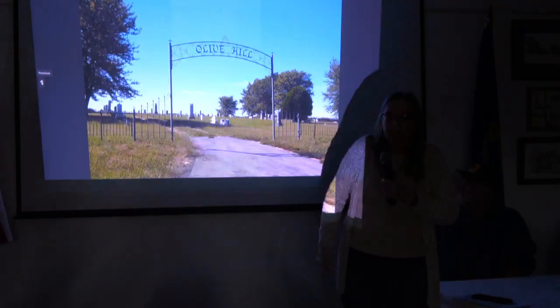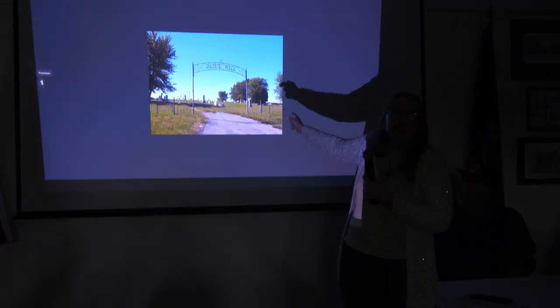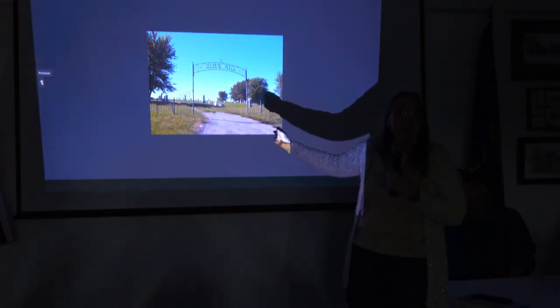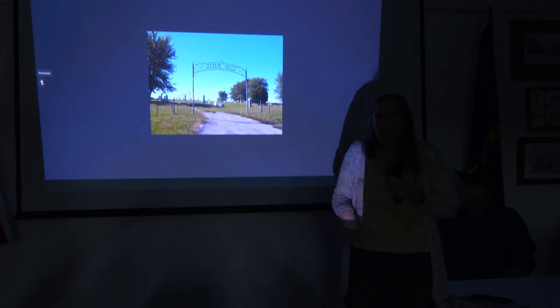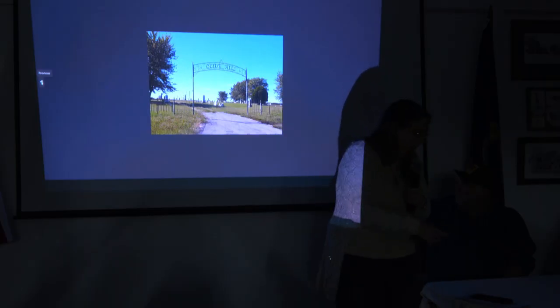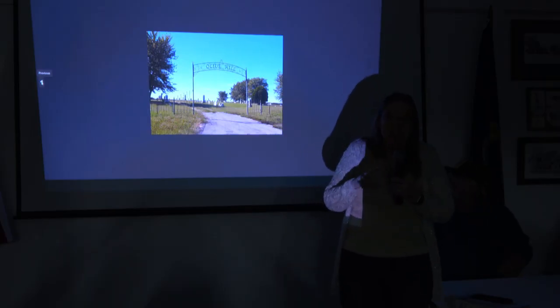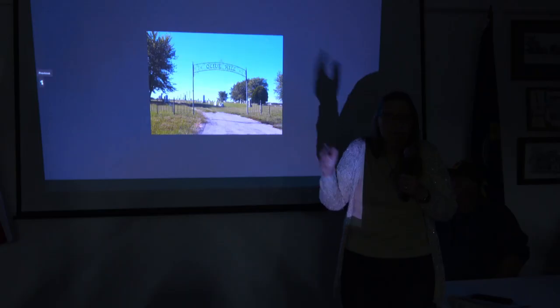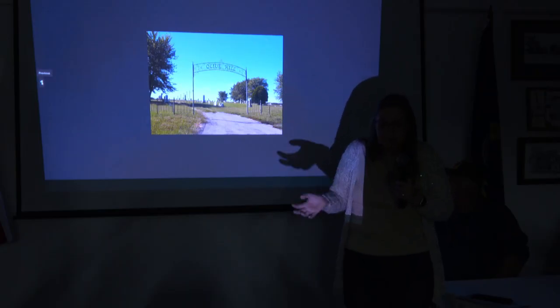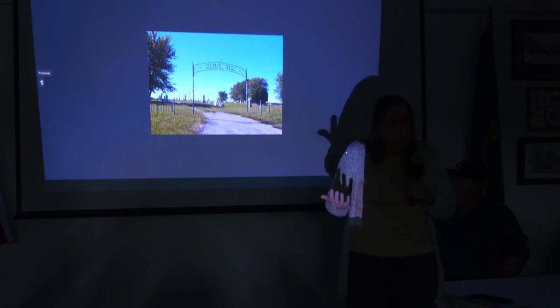I was at the Olive Hill Cemetery. So I was at the wrong cemetery. And I thought, okay, well, I'm here. Usually when I'm in a cemetery, I just wander around and get my app out and try to make sure everybody's on Find a Grave. So I randomly stopped at this tombstone and searched for it in Find a Grave, and it wasn't there.